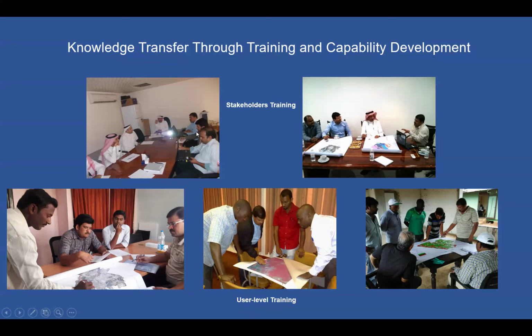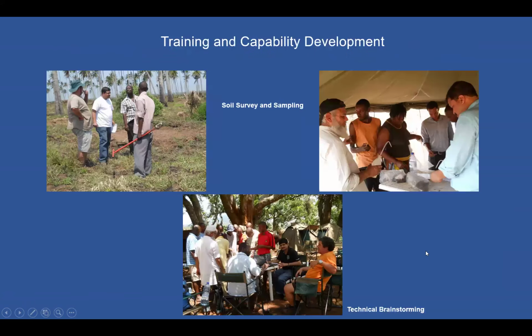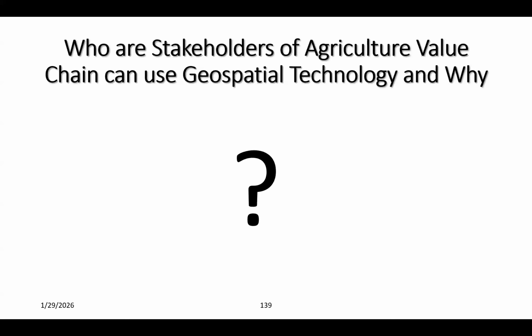So like this, we are the GIS team and they are the implementers. This is the Saudi team. One of the projects was done in Saudi Arabia for wheat and alfalfa. This is for rangeland, again in Saudi Arabia. This is Mozambique. This is in Karnataka and this is in Uganda. The soil survey being done. So that's me, I'm standing here doing the soil survey. I'm basically an MSc in soil science, and I use remote sensing and GIS for all my experiments.